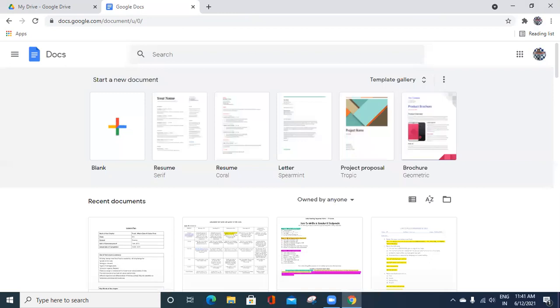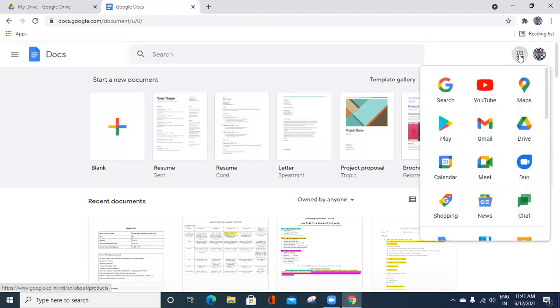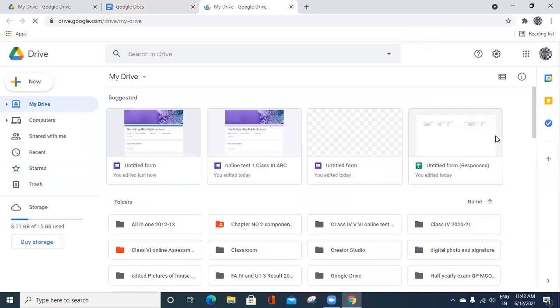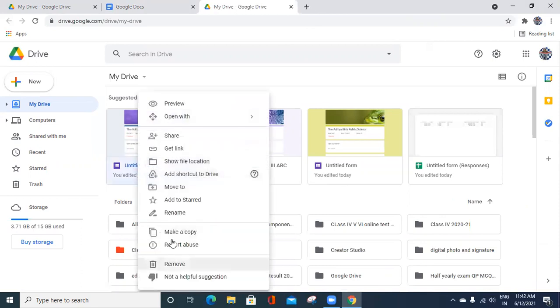Okay, so in this one, Google Documents is showing here. So go to Google Drive, Google Drive study. Now here you have to find out where it is. So this is, I think, the one I prepared just now. So here an untitled form is there. So here right click, rename.